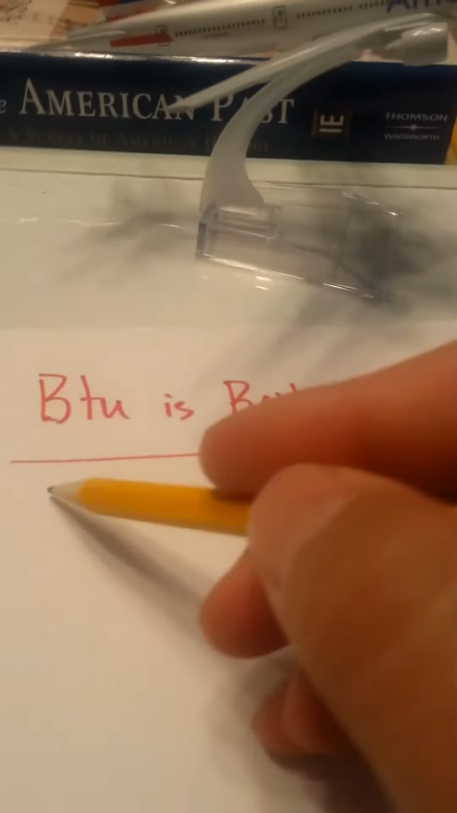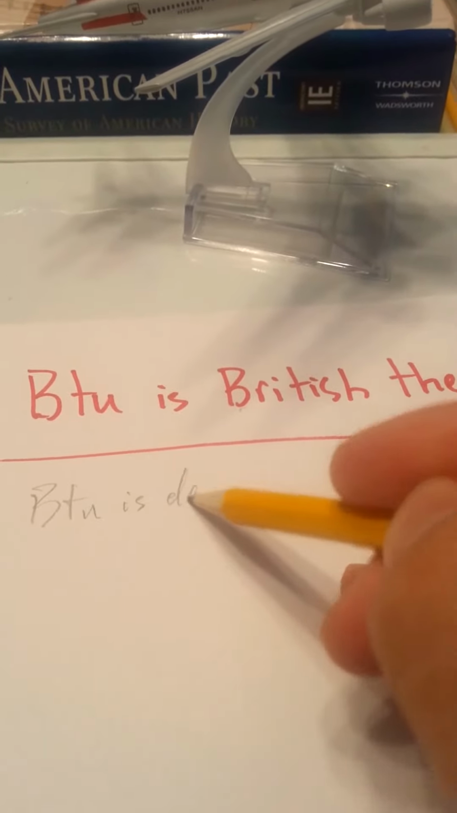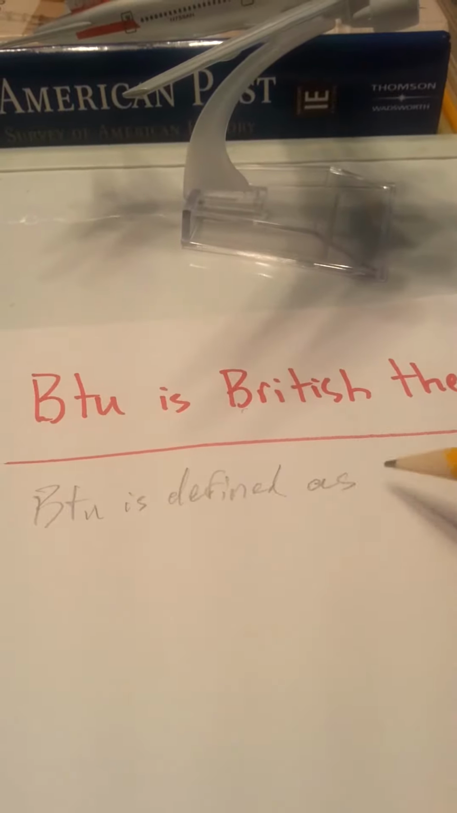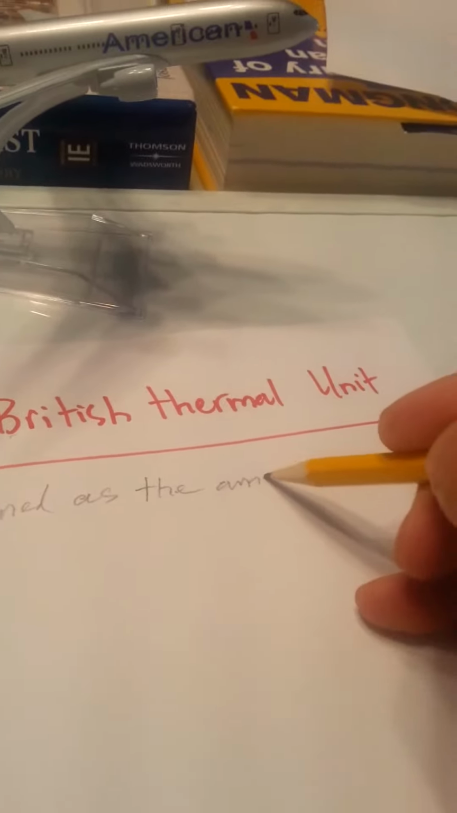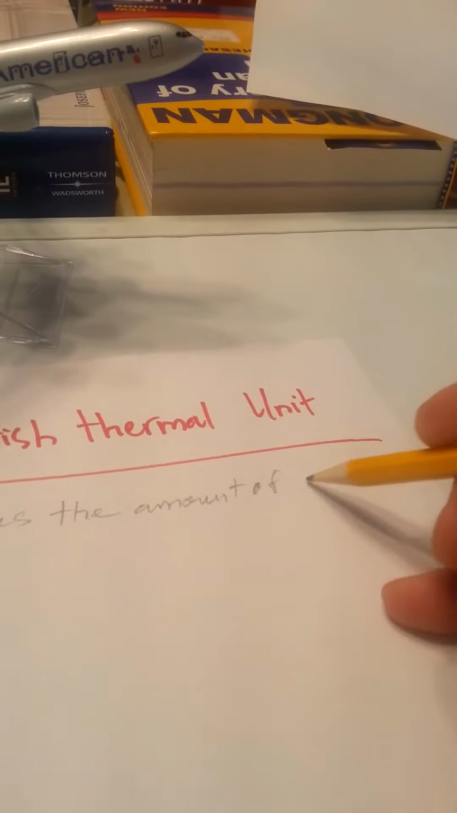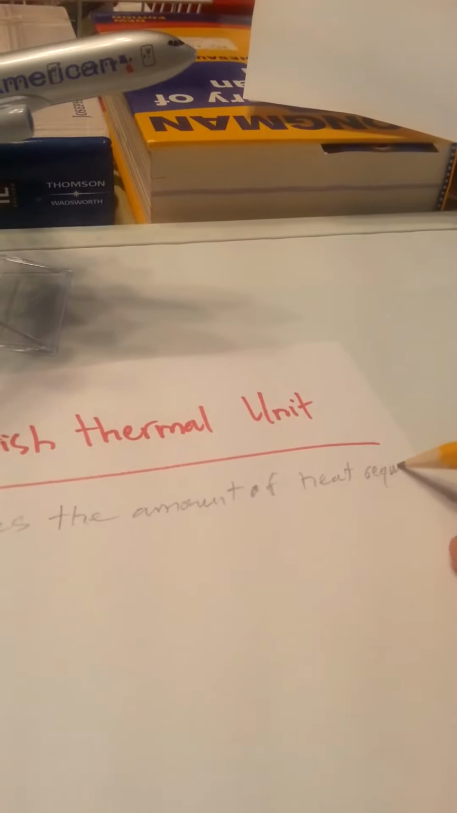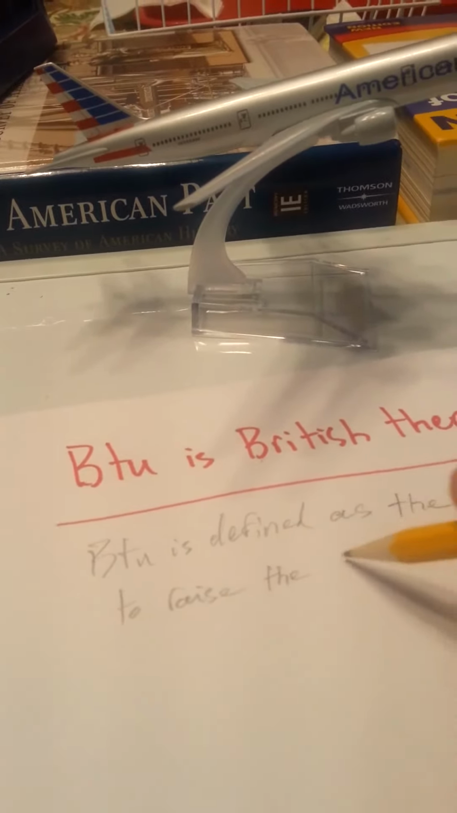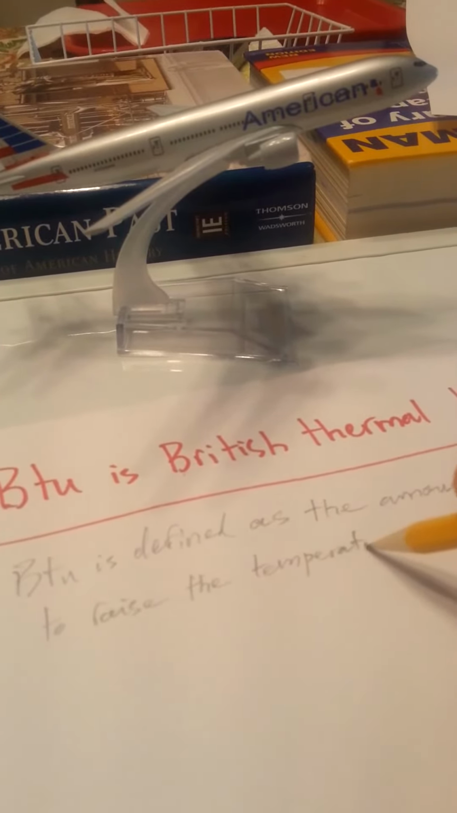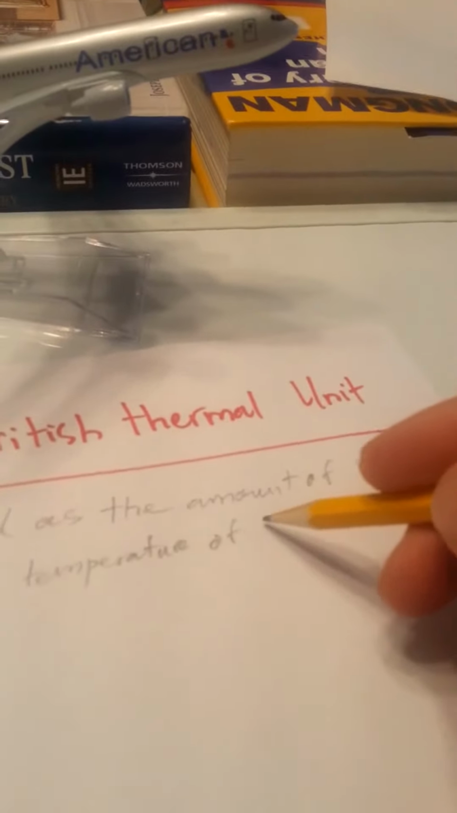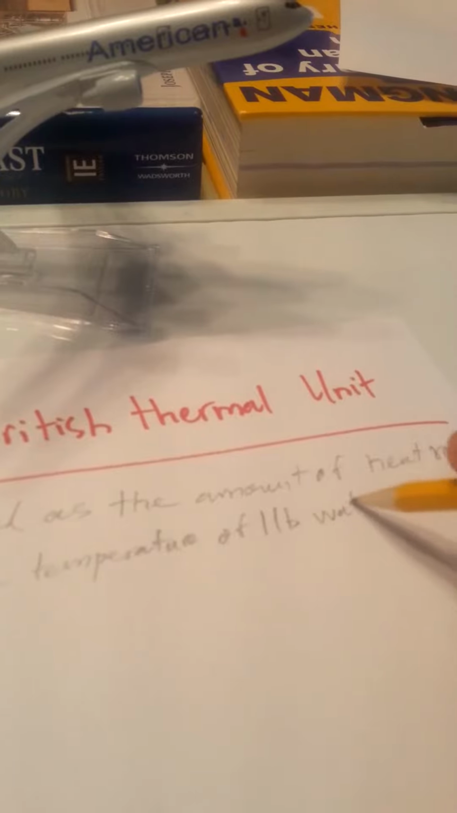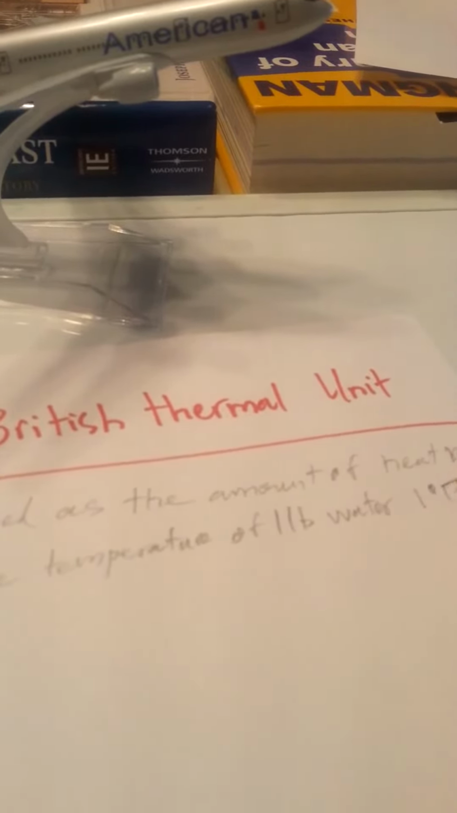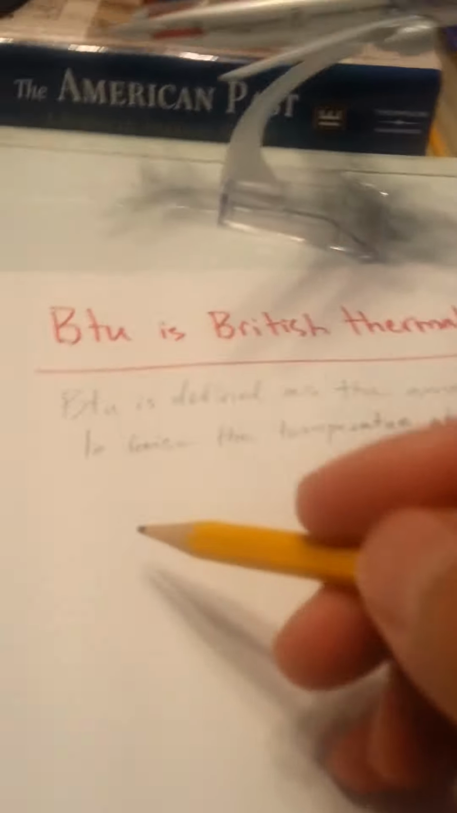BTU is British Thermal Units. BTU is defined as the amount of heat required to raise the temperature of 1 pound of water 1 degree Fahrenheit. For example, if we have a